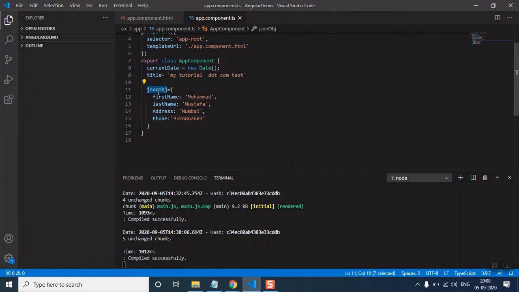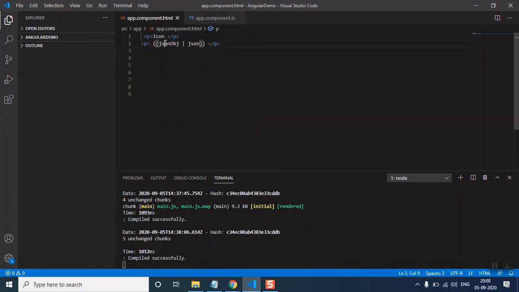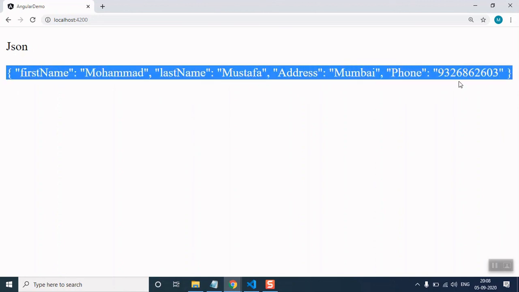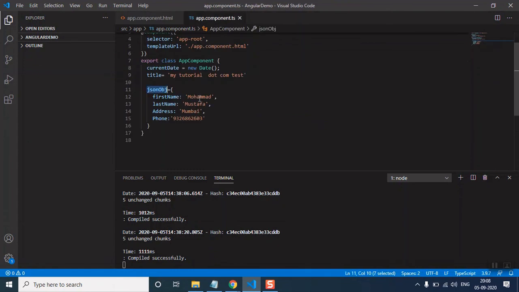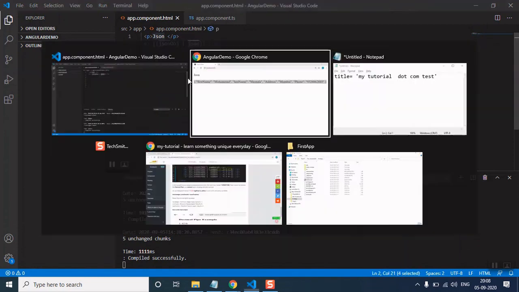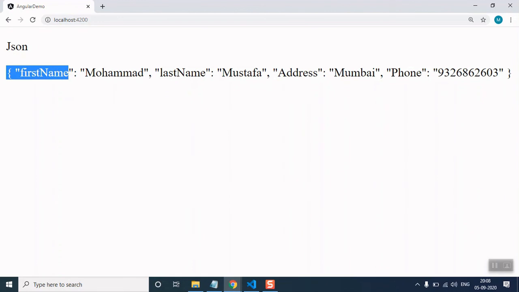I am using this object in the HTML, and after the pipe symbol, I am using the JSON pipe. You can see how the output is getting displayed. This is a simple JavaScript object, and we are able to convert that JavaScript object into JSON format, as you can see here in the browser.